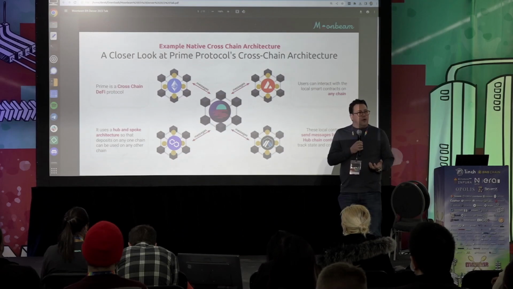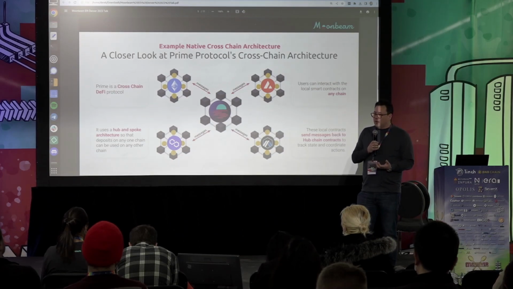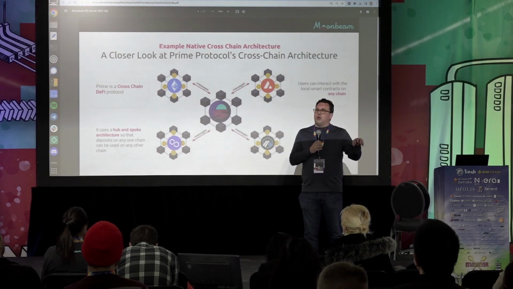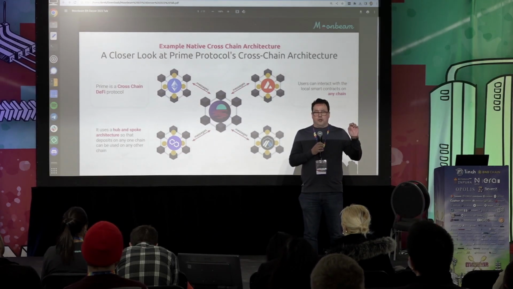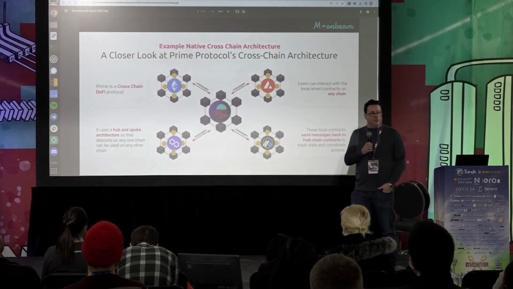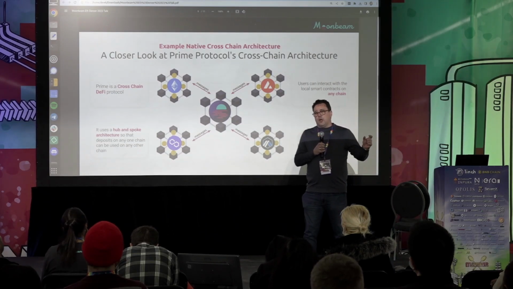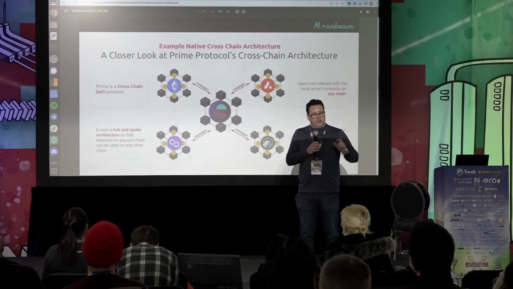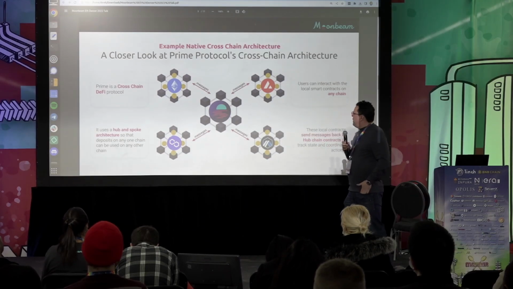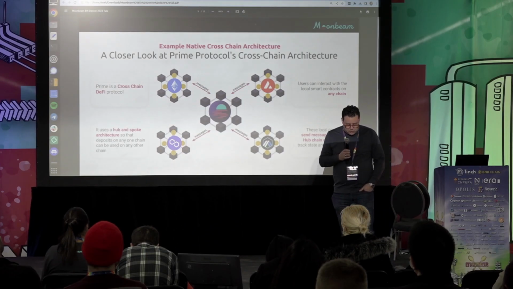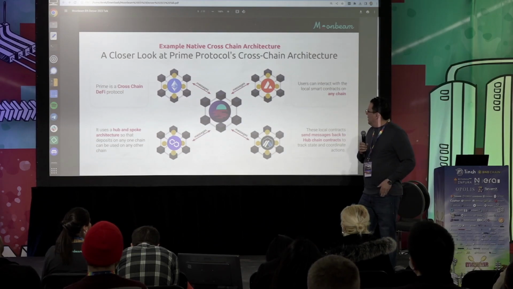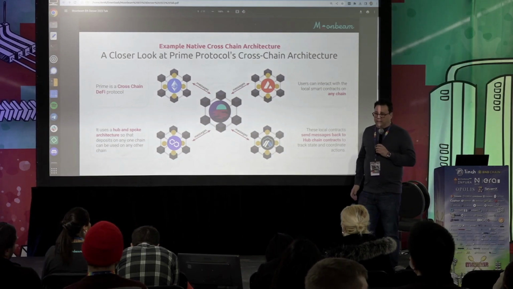So there's a hub on Moonbeam that's kind of the center of the system, but then there's a number of different spokes to the system where there's remote contract deployments on a bunch of chains, right? So on Ethereum mainnet, Avalanche, Polygon, you have these remote smart contracts on each of these chains. And the remote smart contracts are connected back to the hub using these cross-chain messaging systems. And so the interesting thing that this allows Prime to do is that it behaves like one system even though it's deployed across many chains. And let me illustrate with an example of how it works.